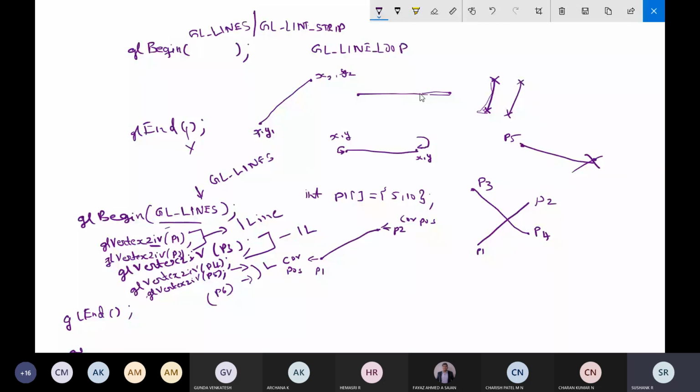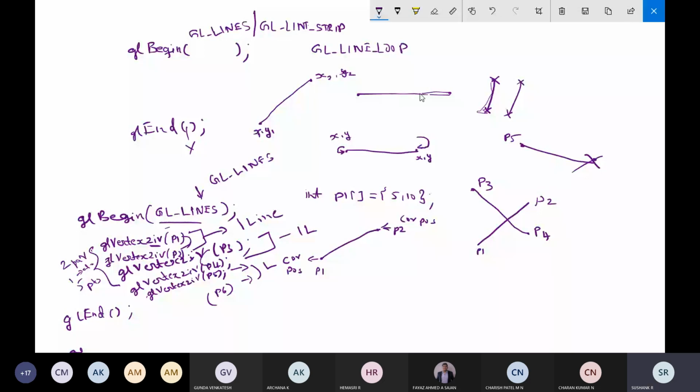So now I will just give the definitions. I'm talking about GL_LINES. A set of lines between each successive pair of endpoints in a list is generated. Here in our list, we have 5 points. It contains 2 pairs and one is alone. So these are the successive pairs. P1 and P2 are the successive pair. P3 and P4 are the successive pair. In the list, lines are generated using this GL_LINES constant.